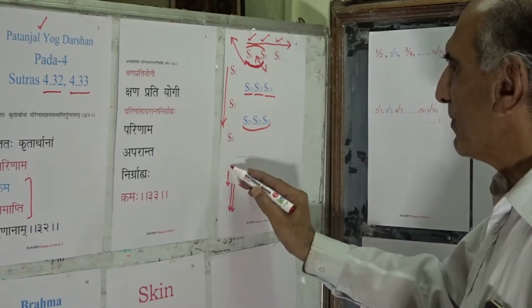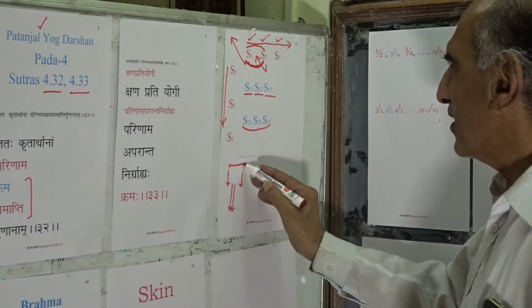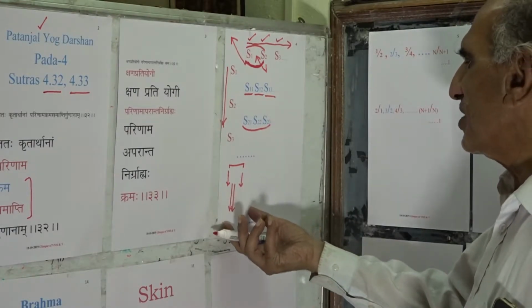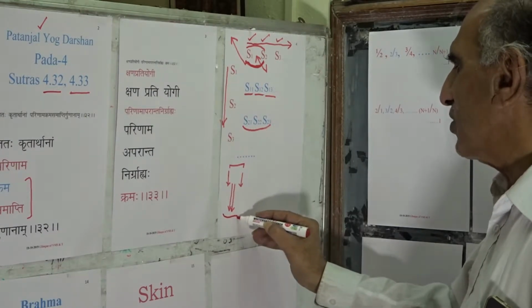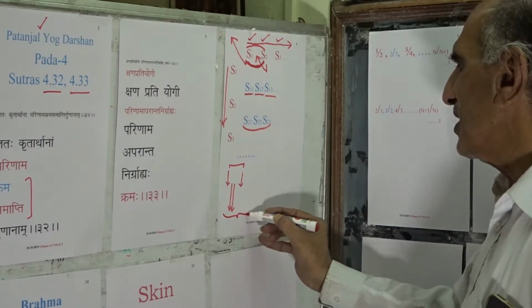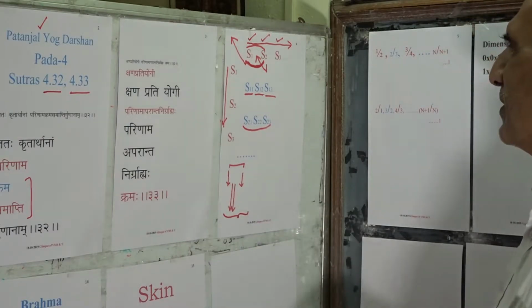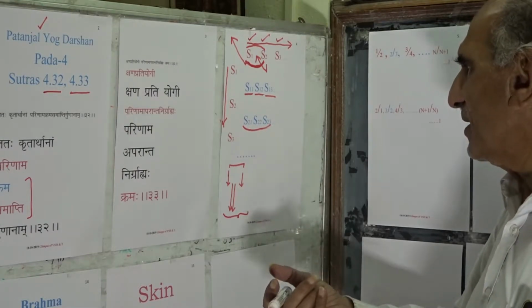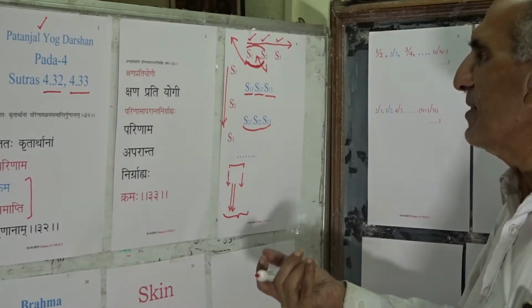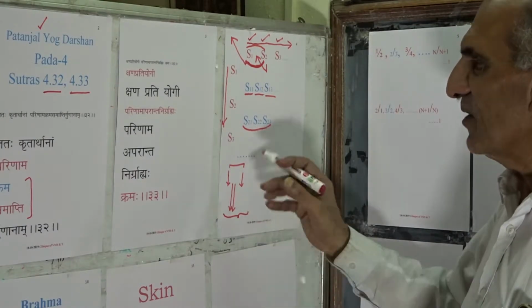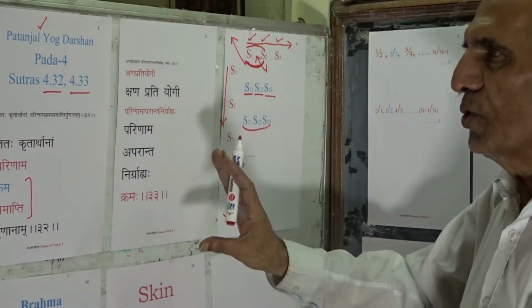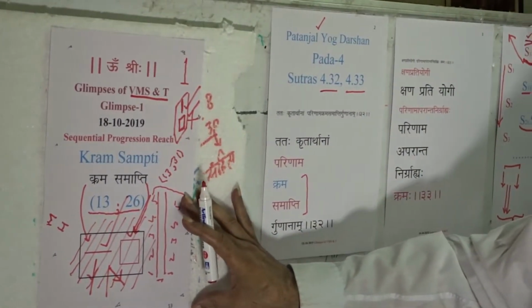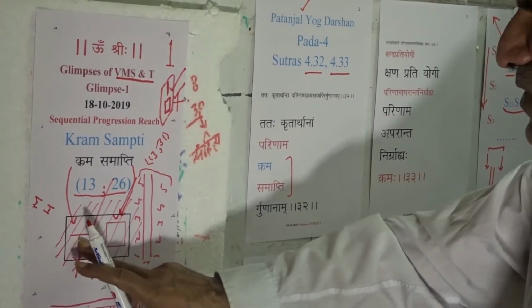Therefore, the gap between the pair of values of a sequence is to be bridged in terms of another sequence. It is this feature, this value, this phenomenon which is to be appreciated, comprehended, imbibed, and applied. This will take us to the Kram Sampti as a working step of a pair of phases of linear single